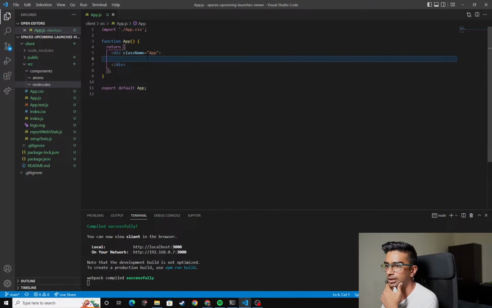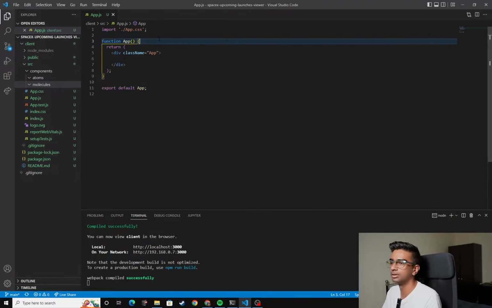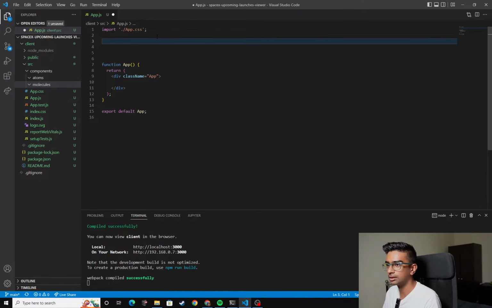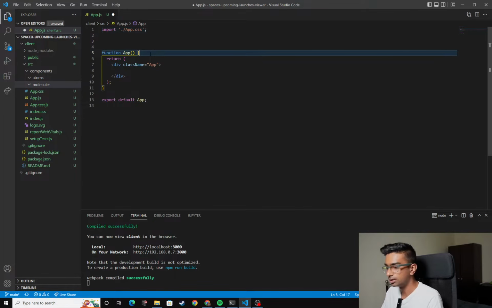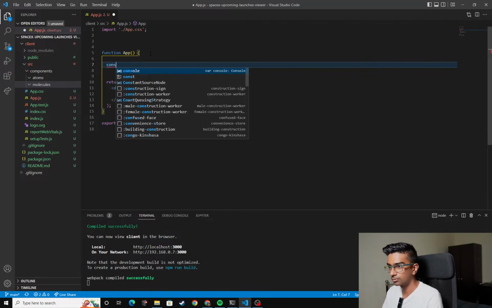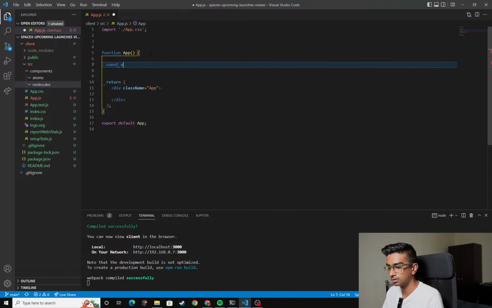So let's see what we can do. First, we probably need to get a way to actually take the data in. So we can do this on app. This is not the conventional way to do things, and I wouldn't recommend doing this if the app is supposed to grow. But since we are making a super small app, let's get the data into this component called app, which is the whole app. So what we want to do is make an API request to that endpoint. So let's do this. So if we go into here, what we want to do first of all is say const SpaceX,